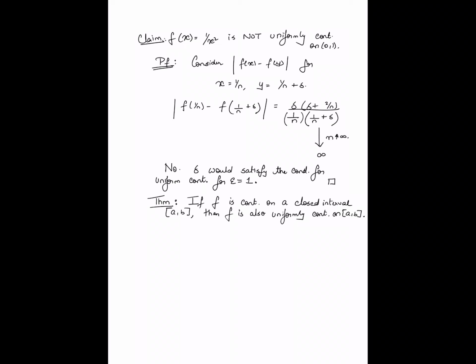So in general, uniform continuity implies continuity, but if you have continuity on a closed interval, then you also in fact have uniform continuity. Note that this is not a contradiction to the example just above on the same page, because in that case we have a function which is continuous on an open interval 0, 1. So there we had a function which is continuous on an open interval but not uniformly continuous. However, if you are working with closed intervals, what the theorem we have just written claims is that continuity implies uniform continuity. Now let's go through the argument for this.